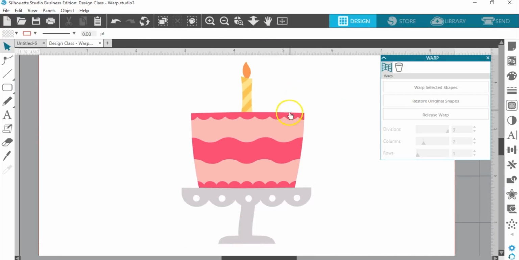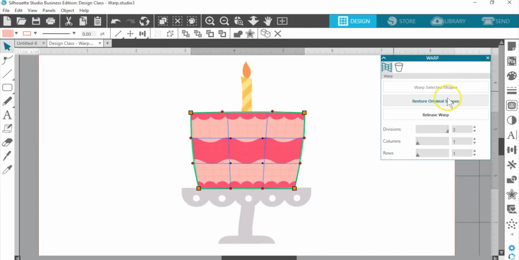And let me tell you what these other things on this warp panel do. If you click Restore Original Shapes, you can take that back to where it was at the beginning before you applied any warp. And if you click Release Warp, that is going to commit the warp and remove the grid. So if you click on a shape that you've warped once, you'll see all of those warp handles.